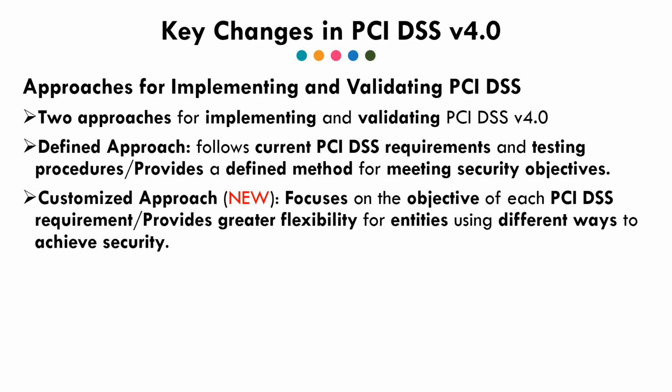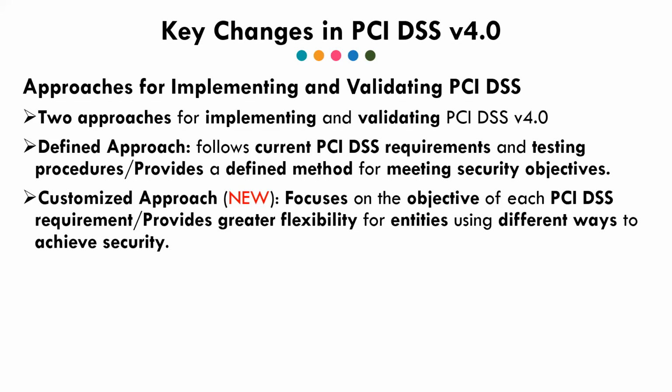Now, if an organization has a business justification for not being able to meet the defined approach, here is an example: passwords. This is one good example that is in the requirements. The old requirements had the minimum password length to be 7 characters, right? This new one, I think, is 12. That has to be corrected, but I think it's 12. But I personally think it should be 16, right? So with the 12,